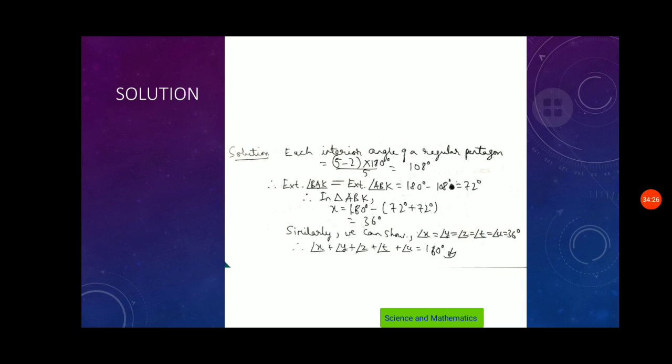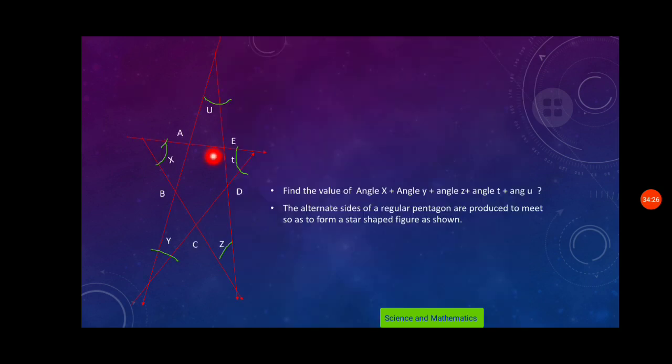Now how to find those angles? Those angles will also be 72 degrees, and then this is a triangle, we all know. The sum of all interior angles of a triangle is 180 degrees. Now let us subtract: 180 minus 72 minus 72, so what are we getting? 36. So all these angles will be 36 because all these triangles have 72 degrees here. So this angle will be 36, this angle, this angle, and everything will be 36.